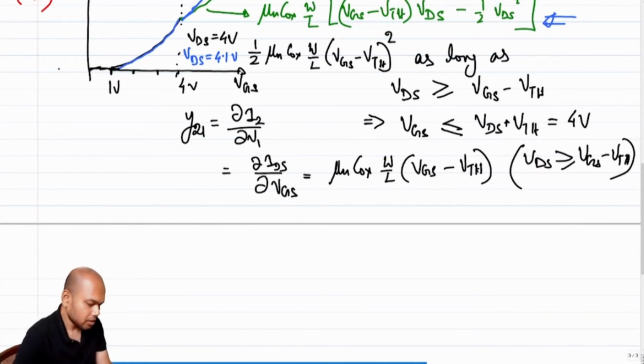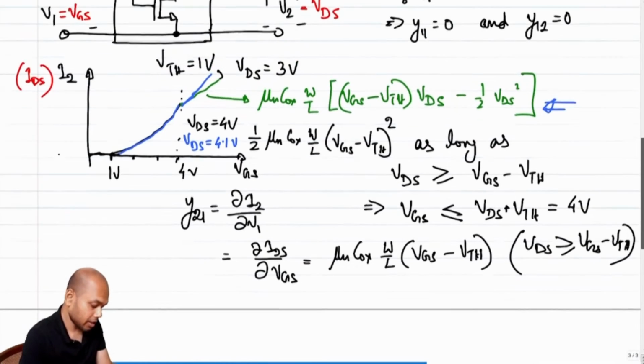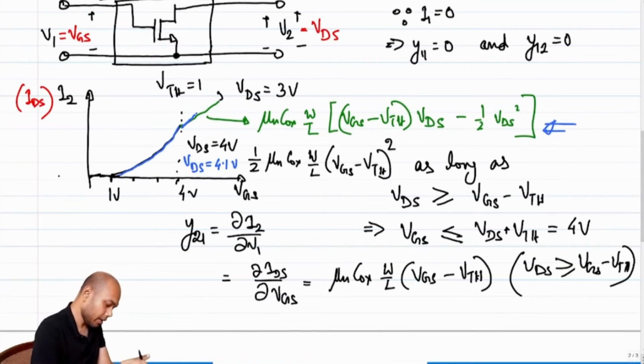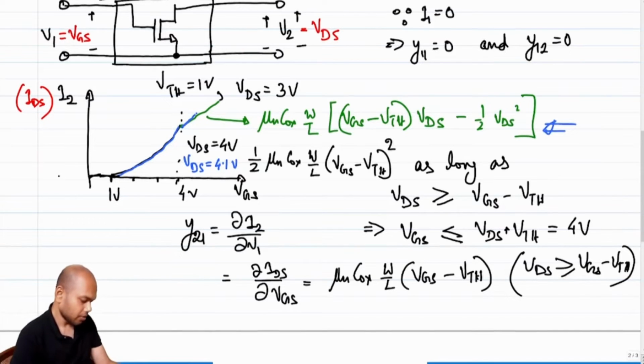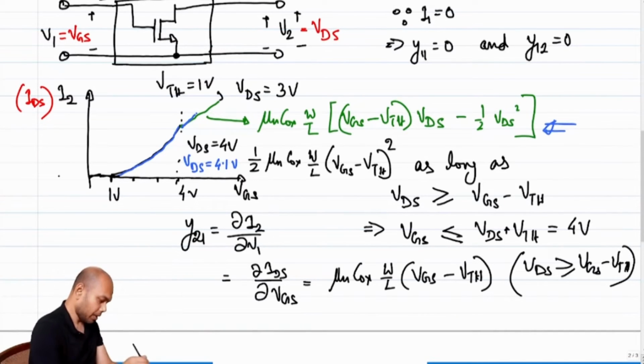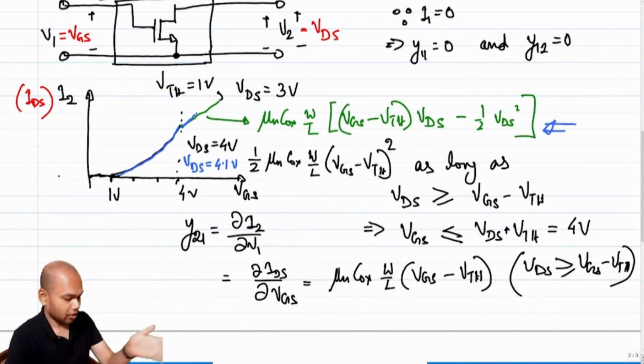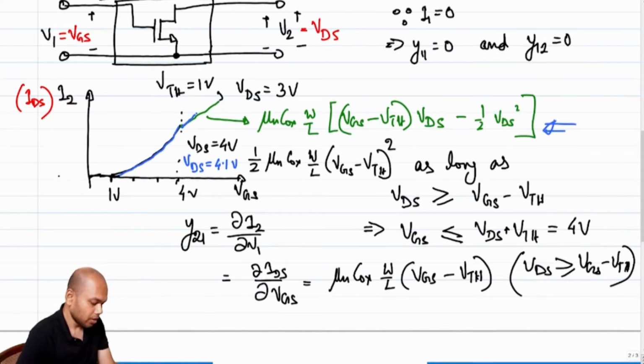What about the case when I have reached the limit? Okay, sorry, I made a mistake here. Some of you might have already figured it out. Let me correct the mistake before I go ahead. So what mistake did I do? I'd like to draw your attention to this curve that we drew. When we went from 4 volt to 4.1 volt,